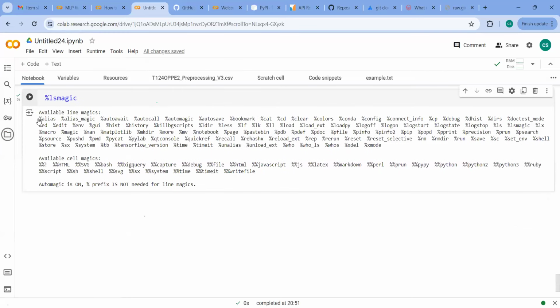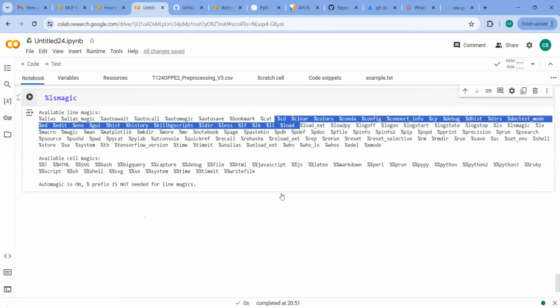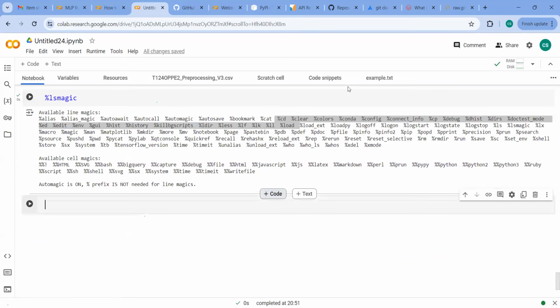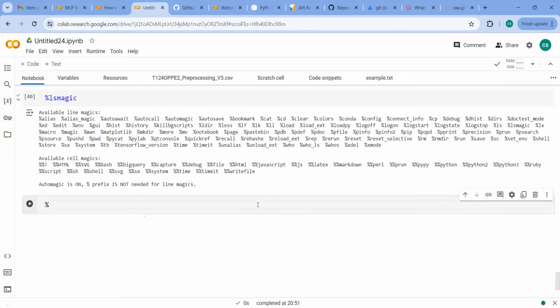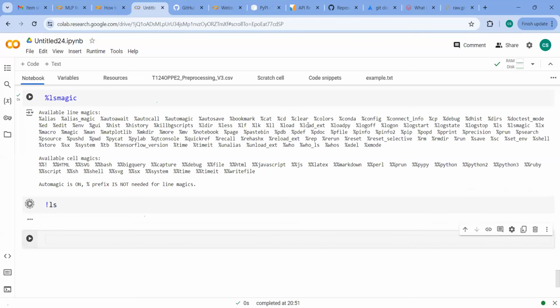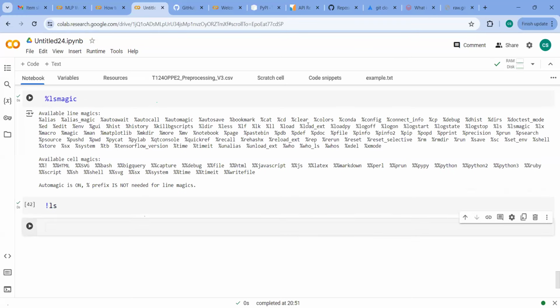So you can see percent alias magic, the who magic, cat, cd and also others. If I write cd, I can actually change directory and all. Currently I'm in root. This will not make sense, but earlier what I did is I wrote this ls with an exclamation mark. It gave me the